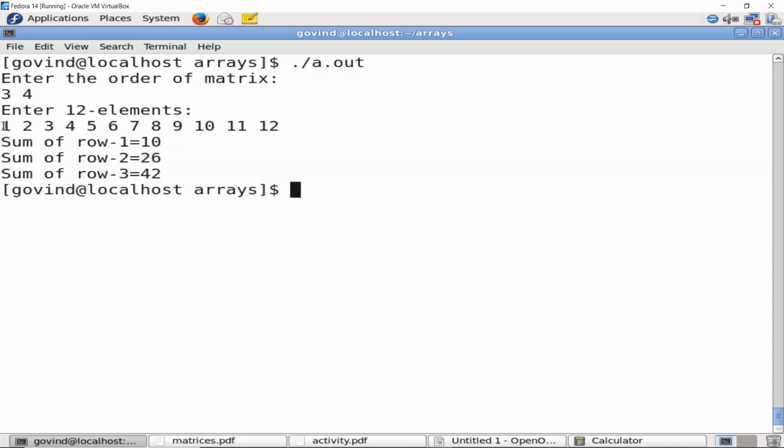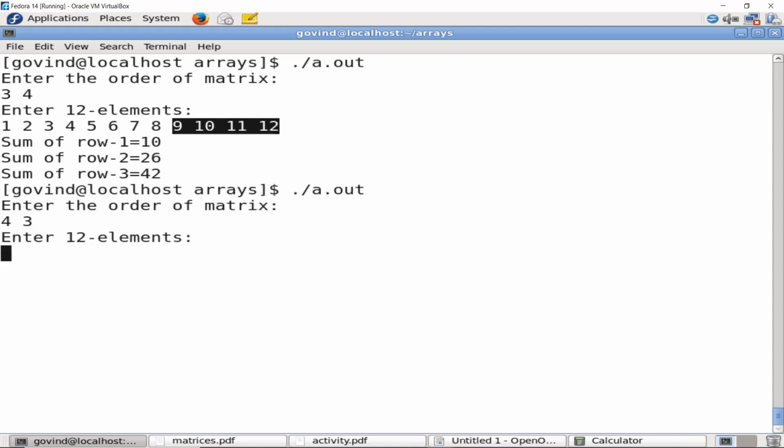The first 4 elements form the first row, which is 10. The next 4 elements form the next row, which is 26, and the remaining 4 elements form the next row of the matrix, which is 42.